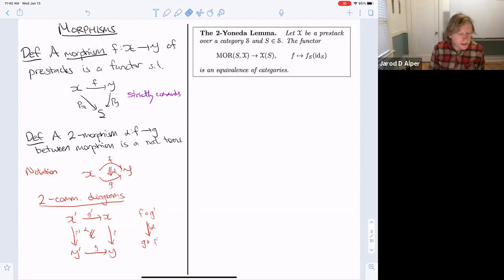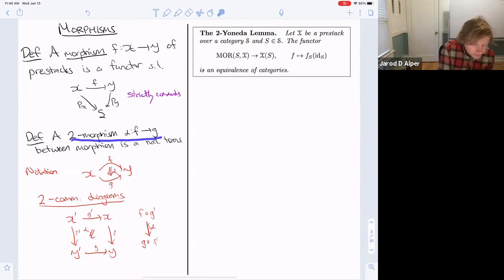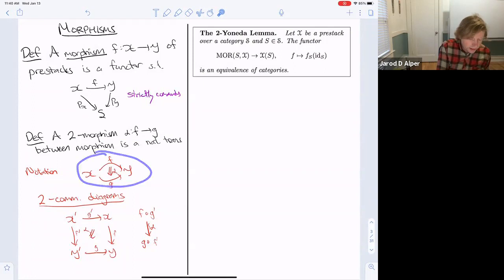And then because morphisms are functors, we also have the notion of natural transformations between functors. So we have this notion of a two-morphism. A two-morphism is simply a natural transformation. And we use this convenient notation of drawing a map with actually two lines to indicate that